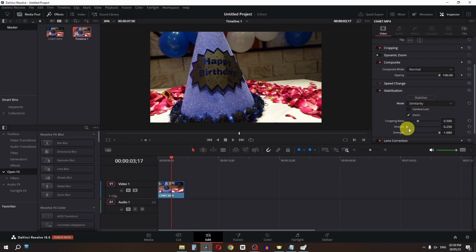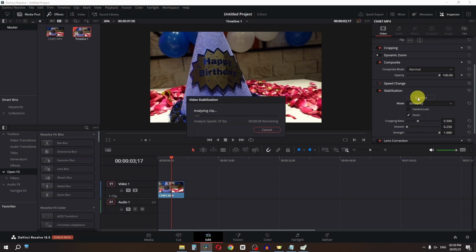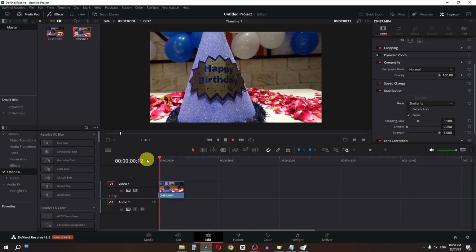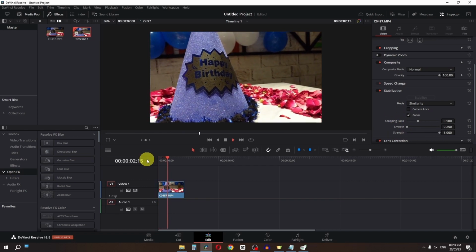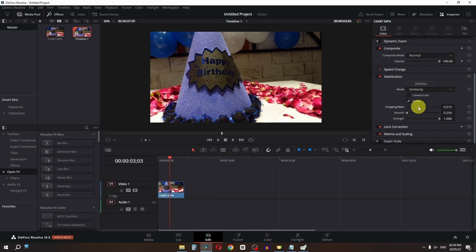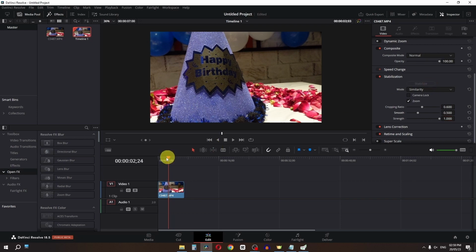So if you make some tiny changes in the slider, you have to click on the stabilize button again in order to stabilize according to your new changes. Now if I play this video, as you can see guys, now this one is better. Now I'm going to increase the cropping to about 0.6. I'm going to change my smooth to 0.5, and now let's click on the stabilize button again,